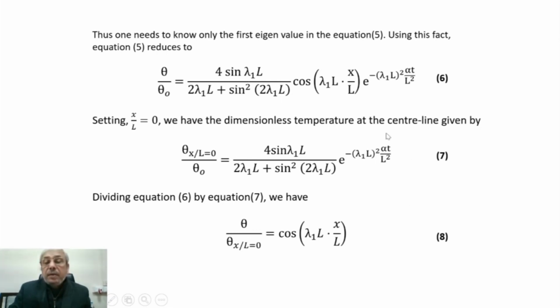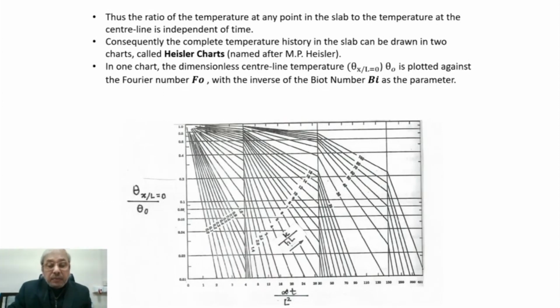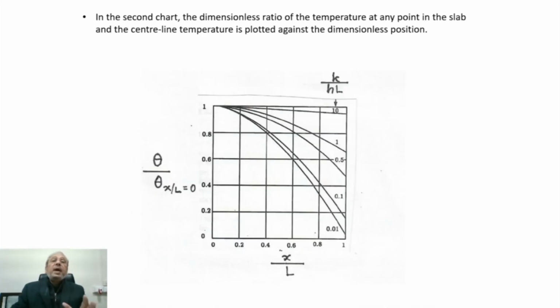These are the final conclusions, and those are summarized in the form of these two charts, which are called slab charts. And by making use of these two charts, we can find out temperature at any location within the slab after a given time,